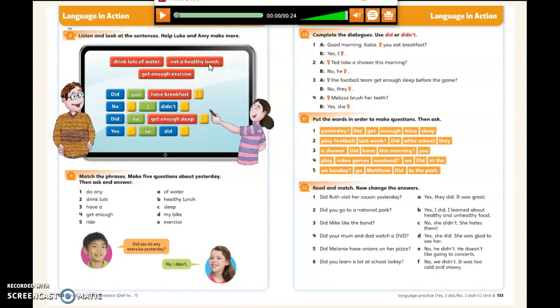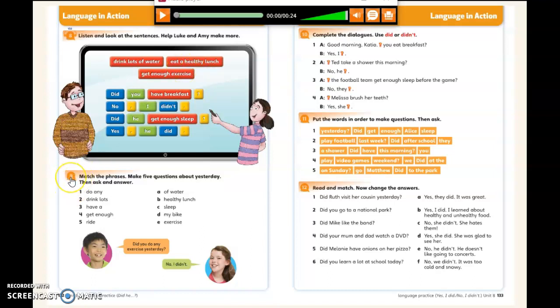Here, with this one. Eat a healthy lunch. Try it. So, did you eat a healthy lunch? Once again, the answer will be either yes, I did, or no, I didn't. This one, get enough exercise. Did you get enough exercise? So once again, the answer will be either yes, I did, or no, I didn't. Okay, now